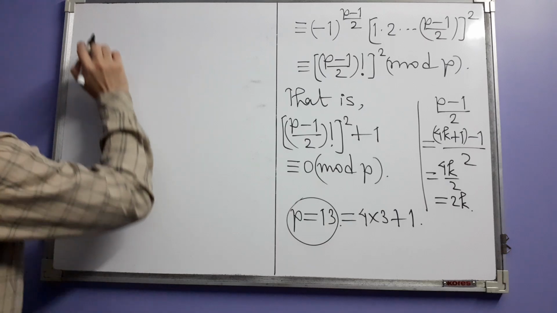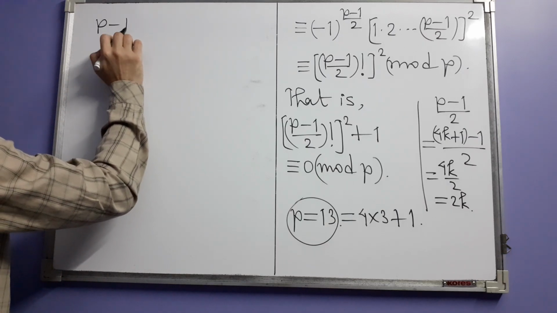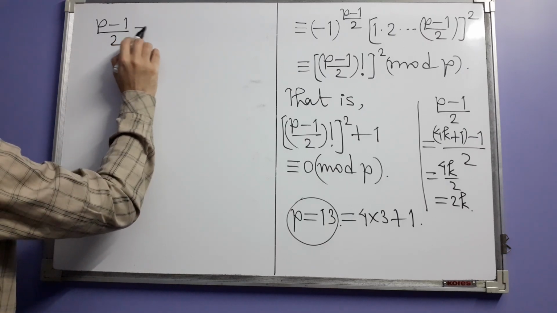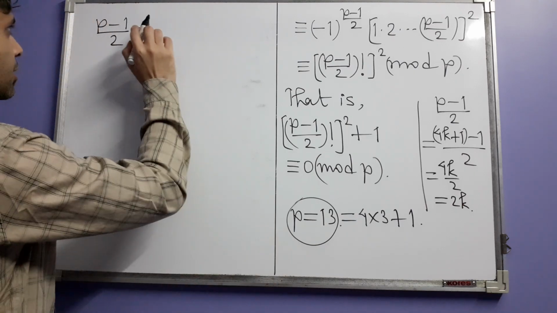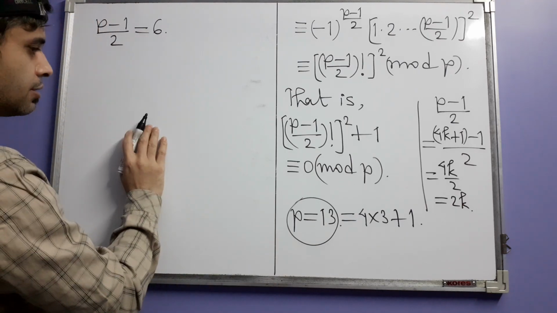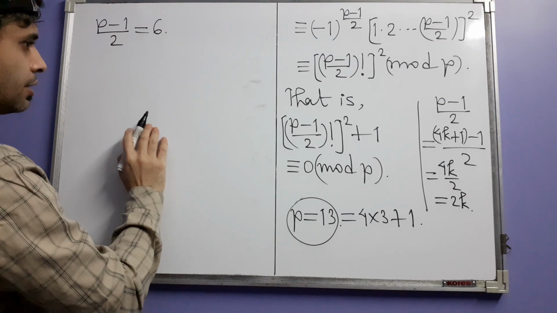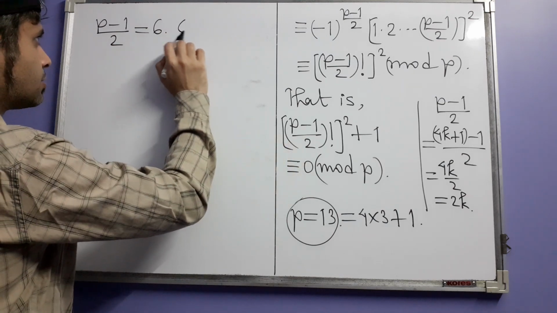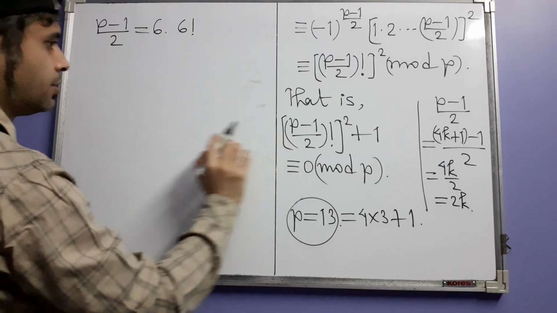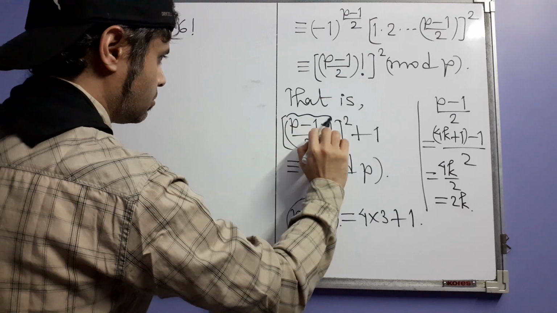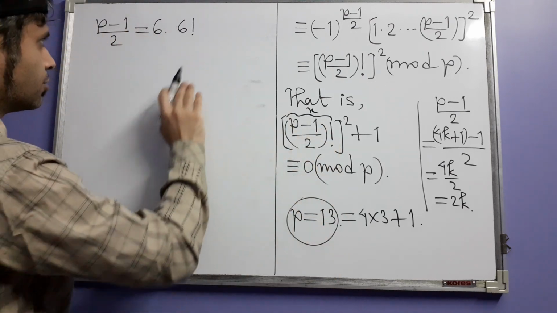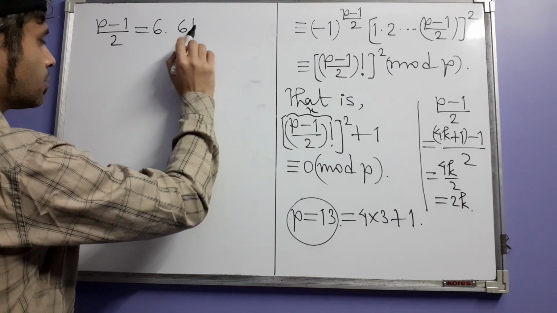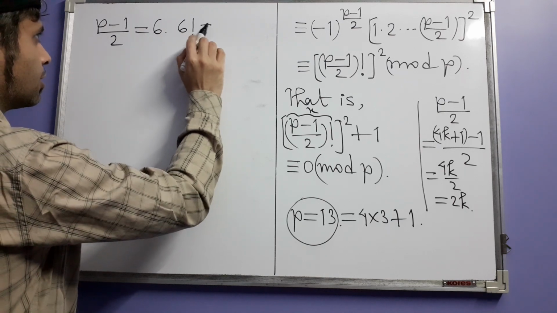So for this prime, what is (P minus 1) divided by 2? (P minus 1) divided by 2 is 12 divided by 2, that is 6. That means our solution is 6 factorial. This is x, no? We want x squared plus 1 to be congruent to 0 mod P. So the x here is 6 factorial, which is